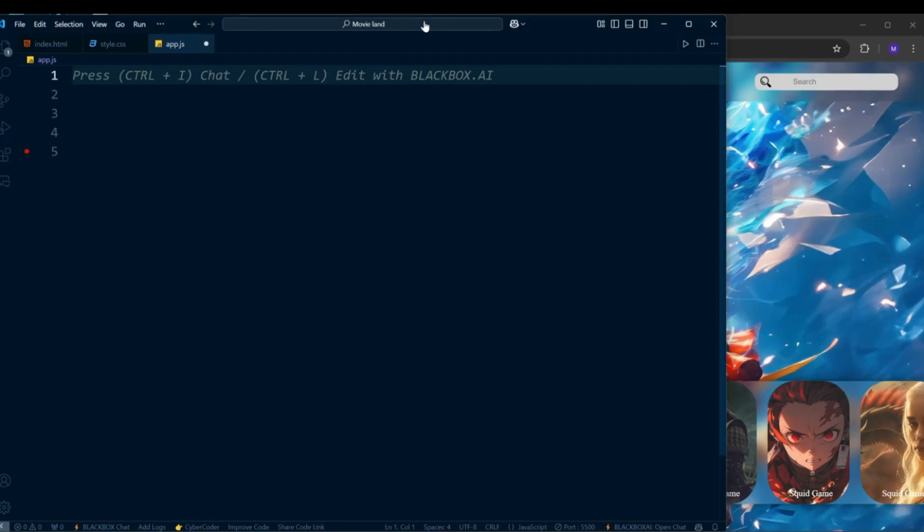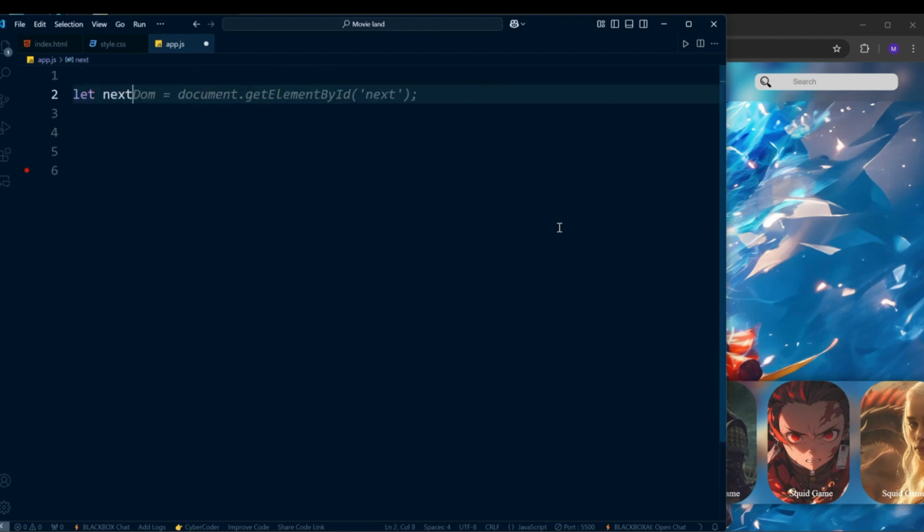The first step is to access the HTML elements we'll be working with in JavaScript. Here's how we do it. 1. Start by selecting the Next button. Use document.getElementById and pass the ID of the next button as a string. Save the result in a variable called nextDom. JavaScript: const nextDom = document.getElementById('next');